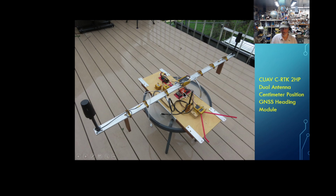I had a Here 3 that was bundled with my Orange Cube Plus. I went ahead and bought this Holybro Mosaic H system because it touted easy configuring, and I thought, okay. After about a month or so of banging my head against the wall, I'm still wondering how they said that. I have to say I do like the Holybro system. It works great with the RX tools that Septentrio has put out. Really accurate,